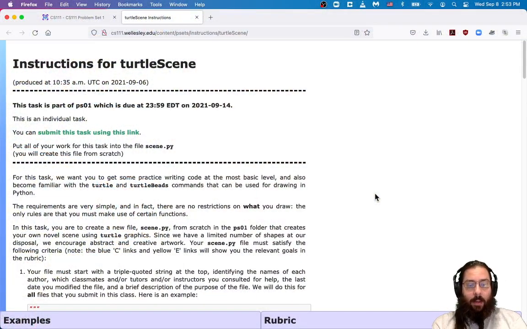These videos are completely optional. I'm just going to be reading through the instructions of the task. For some people, that helps to organize their thoughts and make sure that they see everything. But for other people, you can just read the instructions yourself. Below this video, there should be a link to the actual instructions that you can read instead of watching this video if you prefer. So we're going to talk about the turtle scene task, and it's part of problem set